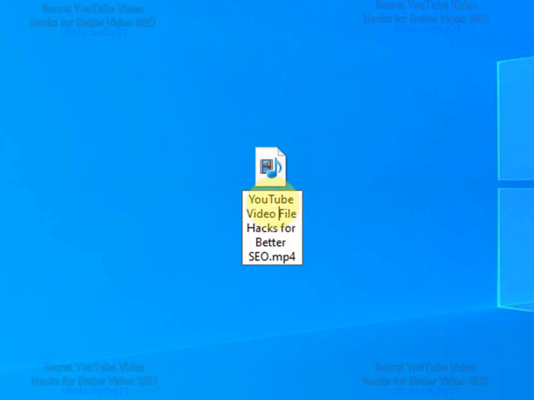Another thing you want to do is make sure each word is uppercased, like so, instead of this. It helps give it more visibility. There's some theories that doing this and capitalizing some of the words, the search engines give it more importance. That's debatable, but it still makes your video title and the video, as it shows up in related videos on YouTube, stand out more, so it's a good idea.